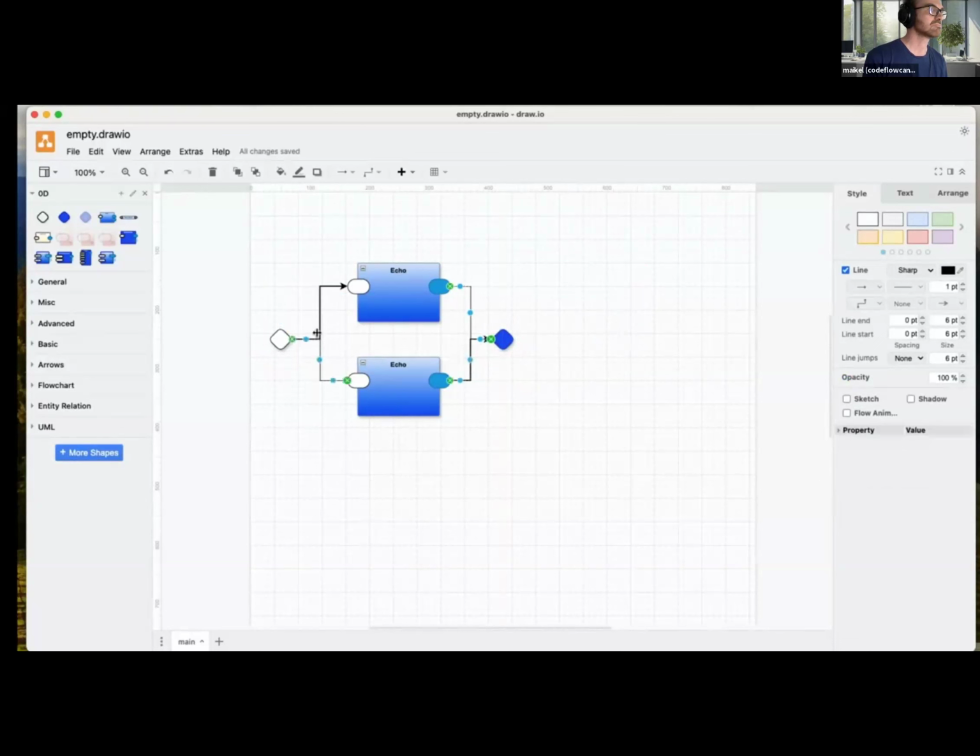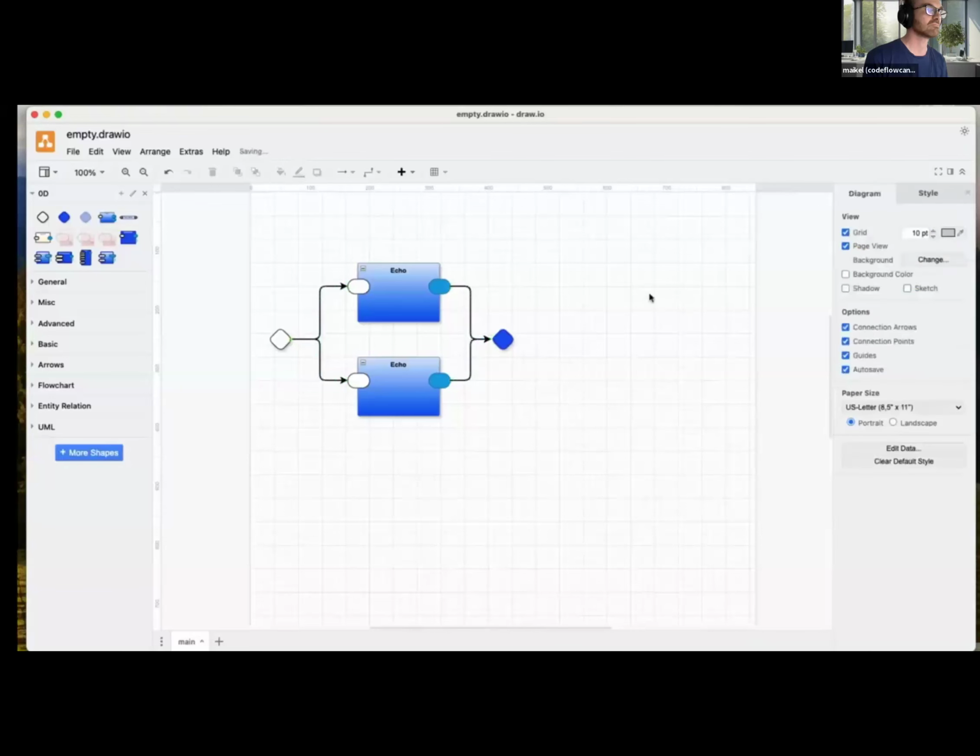Make all of these look nicer. And we'll make them rounded. And there it is. Now we'll save it.